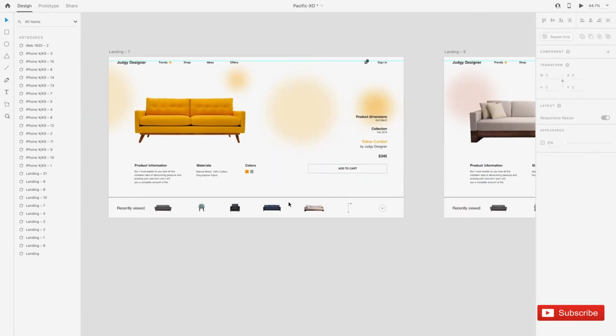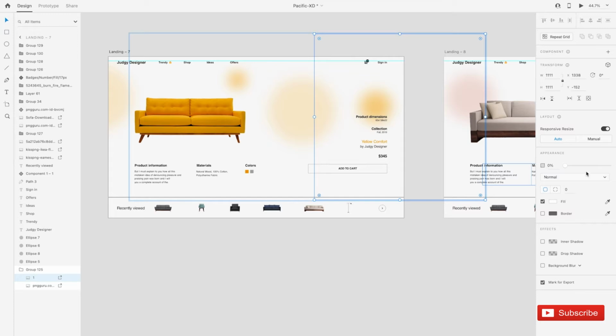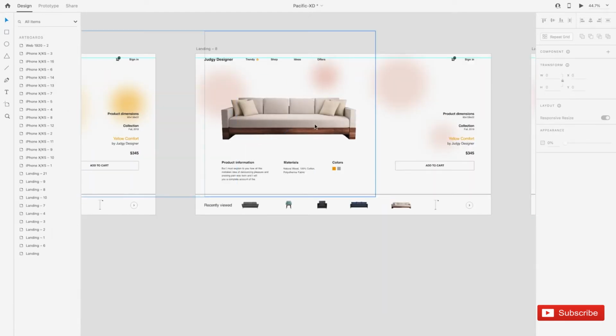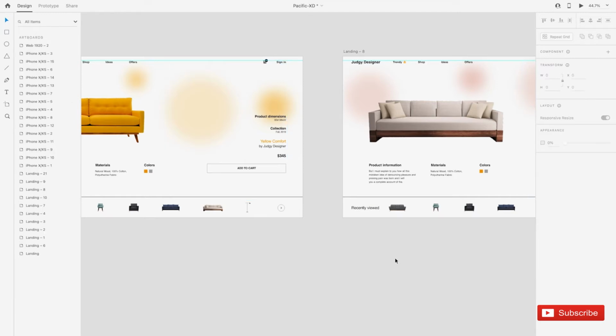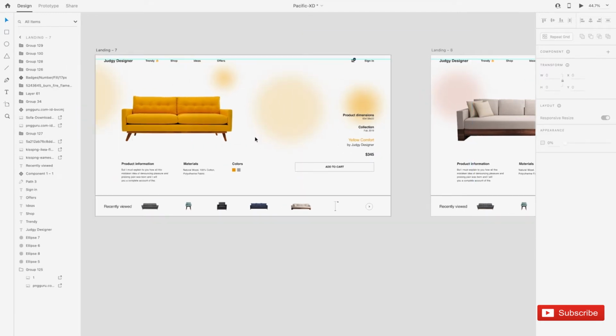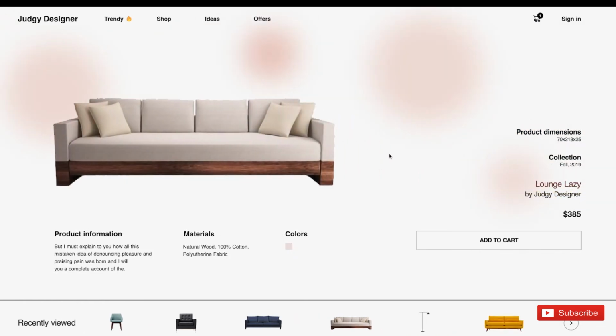So here what we did is we have used multiple layers. We have grouped it similarly. So we have grouped two different sofas. This one which moves from right to left, we have reduced the opacity from 0 to 100. Similarly on this page we have two sofas where the yellow sofa goes from right to left, which again we have reduced the opacity. So this creates an effect which shifts the sofa from right to left. So when you click, it shifts the sofa from right to left.